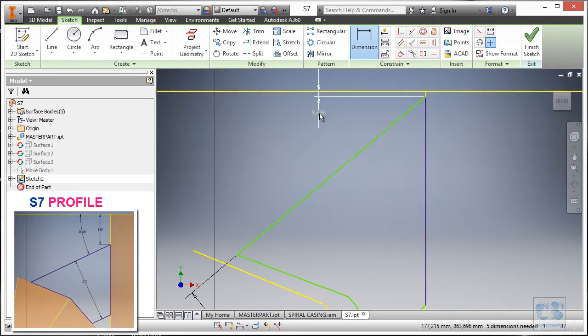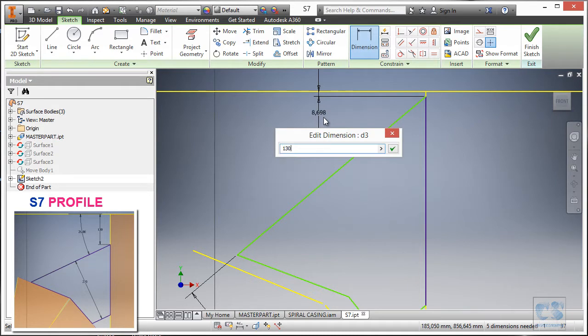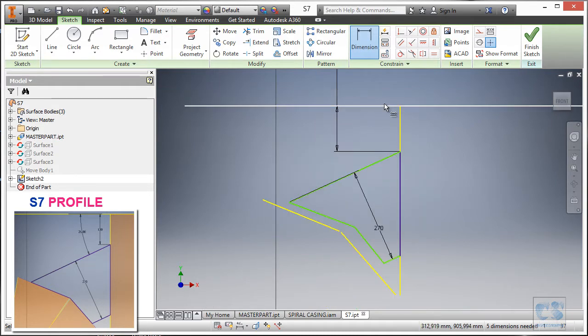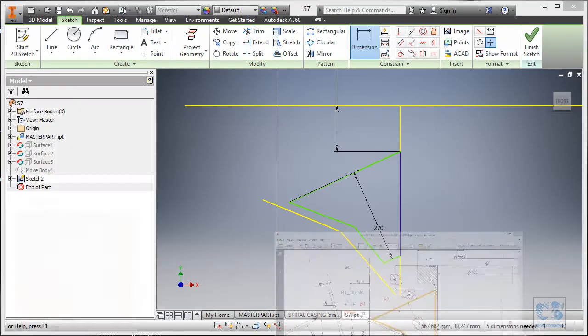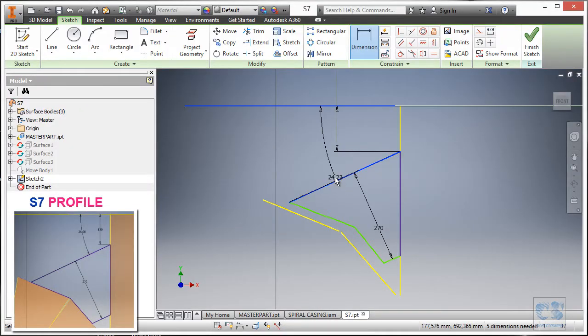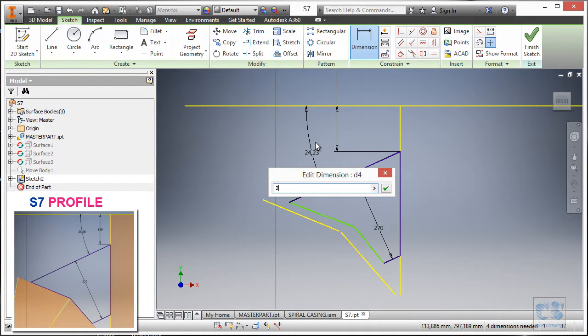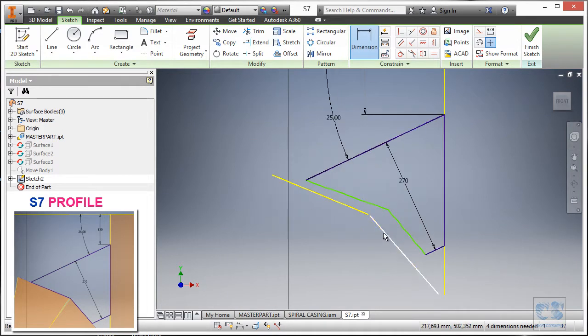this 130 millimeter offset, and then we want to add the angle which is between the horizontal and this one, 25 degrees, this to this, 25, and the best one for the end. So we will try a collinear constraint. So between this, you can see we cannot select it, and if we try the same for this and this, it's not possible to select.